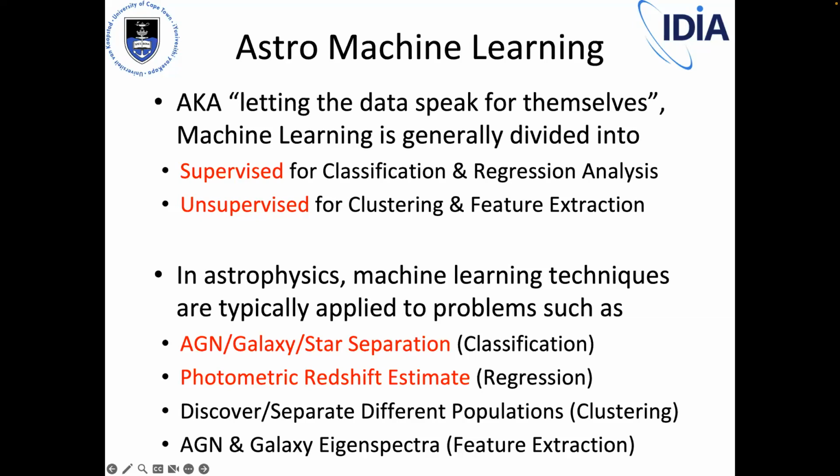Some classic problems that have been tackled with machine learning in astronomy relate to classification. For instance, how do you classify an active nucleus, or a black hole powered object? How do you classify a source as a galaxy or as a star? How can you separate these three classes with a combination of images and catalog parameters? Another classic example of regression instead is to estimate the photometric redshift. I will go into a little more detail about